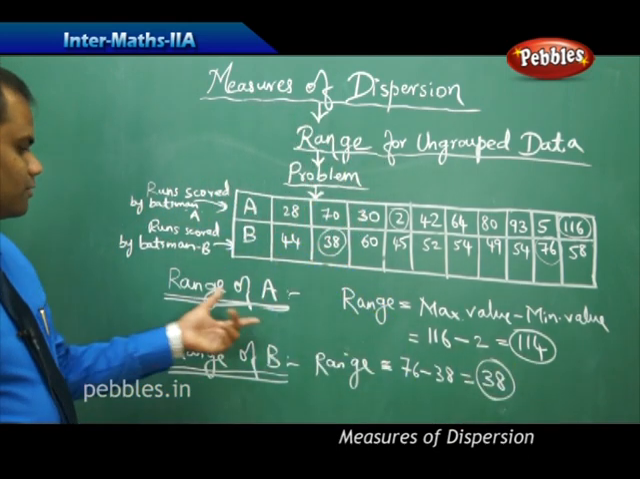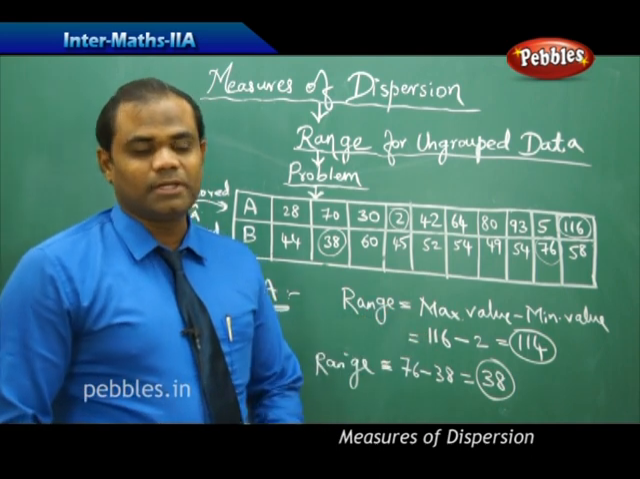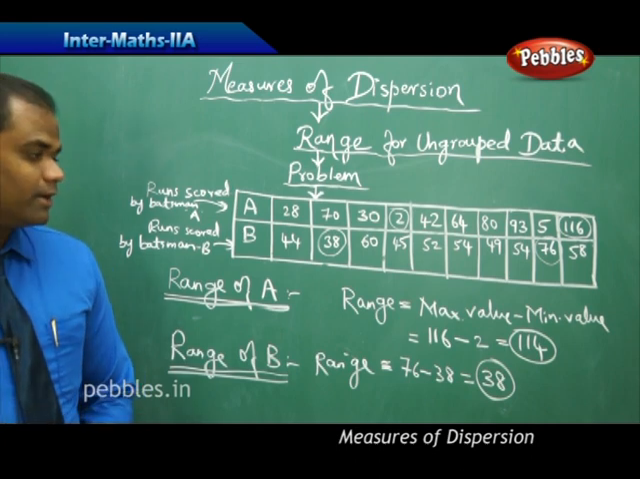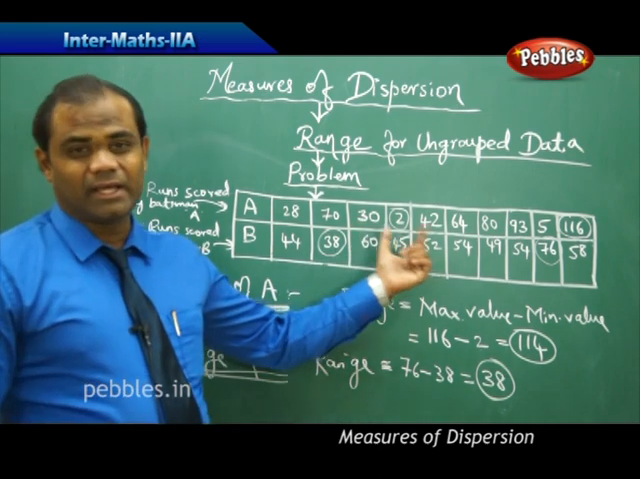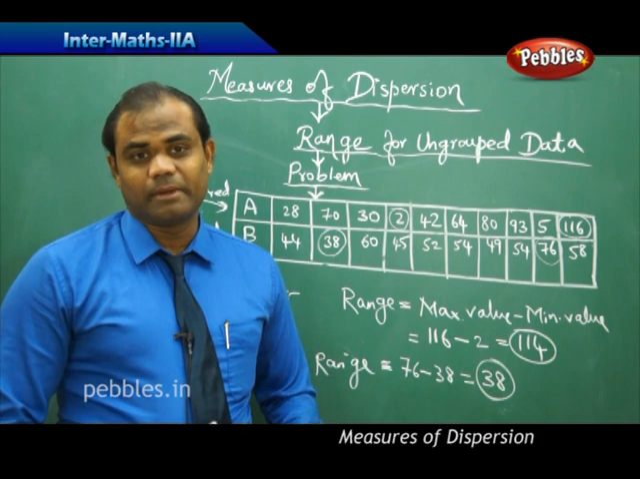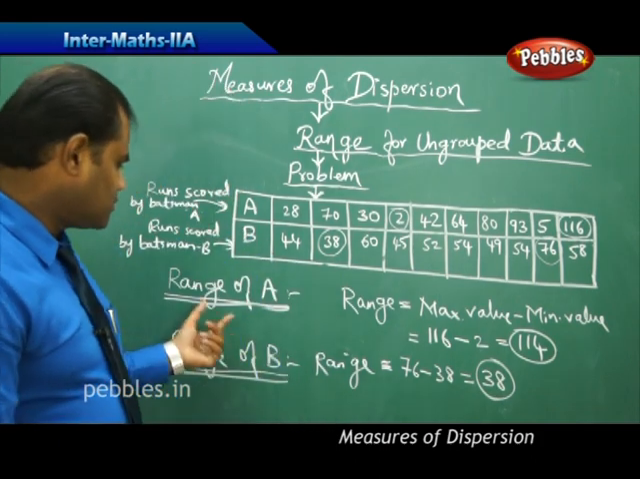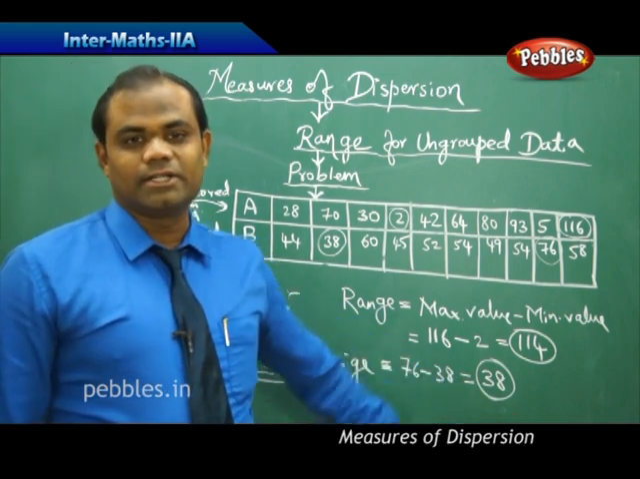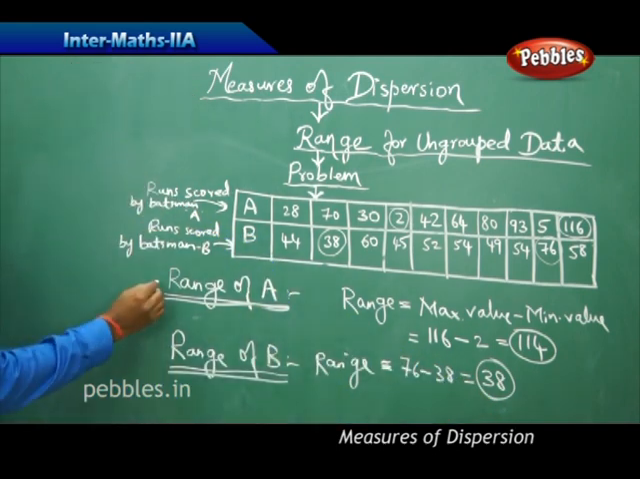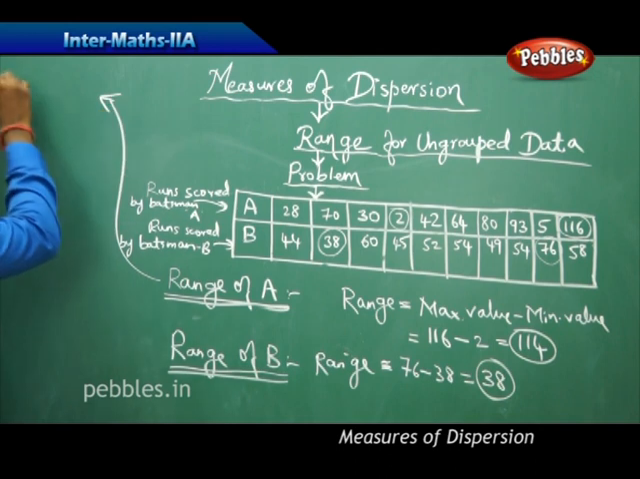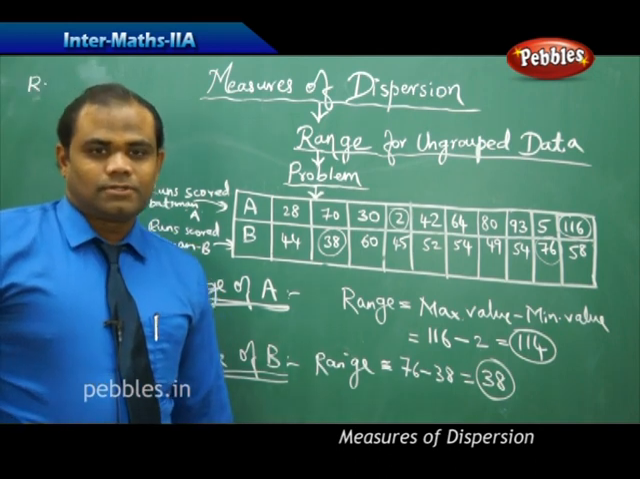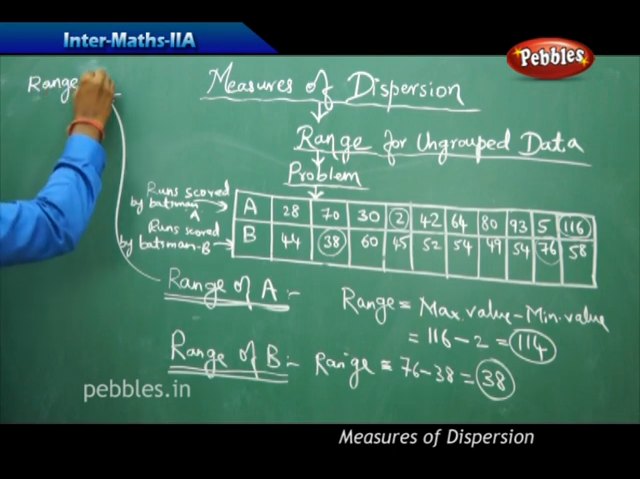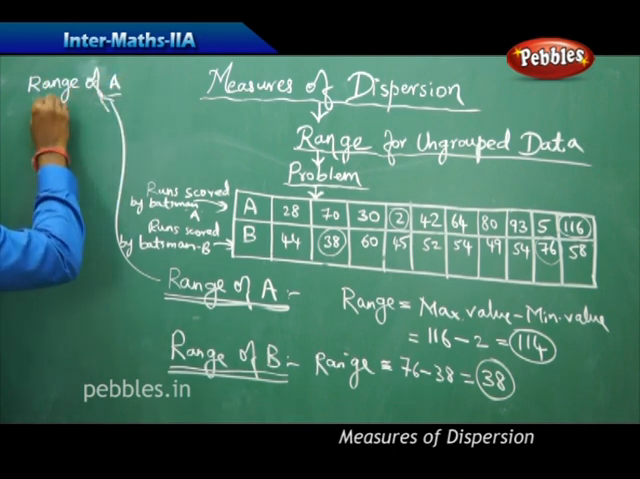Therefore, I got the range of A as 114 and the range of B as 38, through which I am going to measure the variation of scores of batsman A and batsman B in all the 10 matches. So in case of the range of A being 114 and the range of batsman B being 38, we clearly see that the range of A is greater than